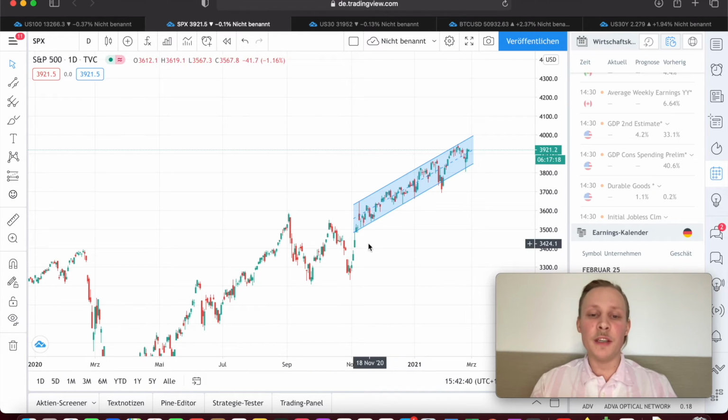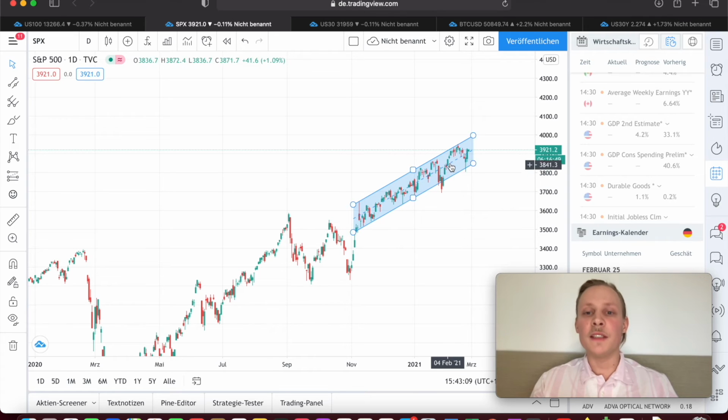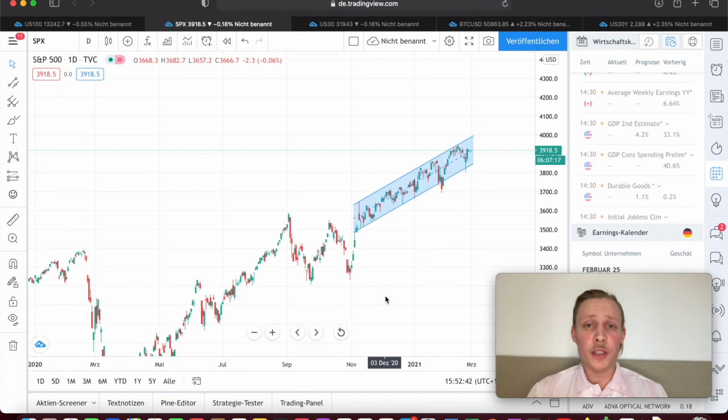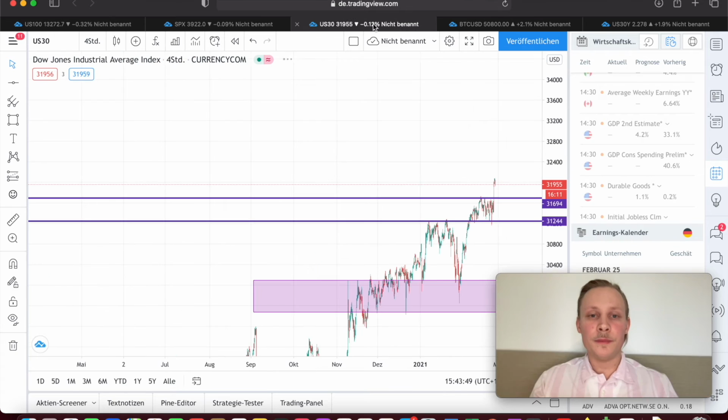Here it looks a little bit different. We got the same uptrending channel. We got the same breakout to the downside because of the Gamestop story. Got a strong bounce back in. And here we bounce back off the support of the channel, and the trend is still there. You also could, if you want to, trade the upside. There is a possibility that we reach the upper end of the channel, but the risk-return ratio isn't that good.